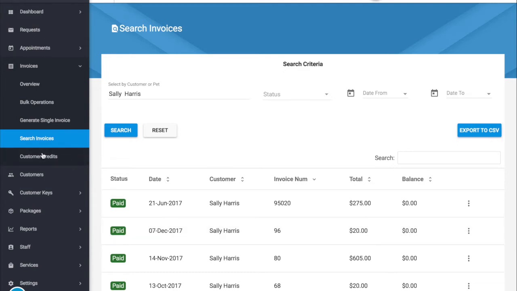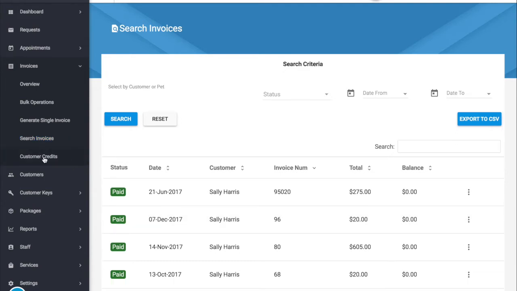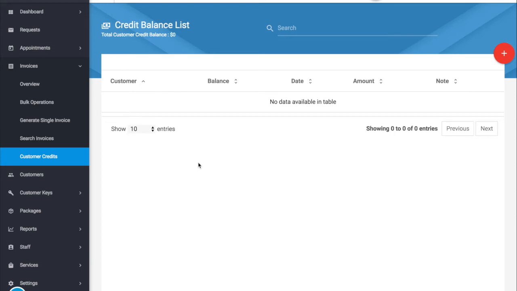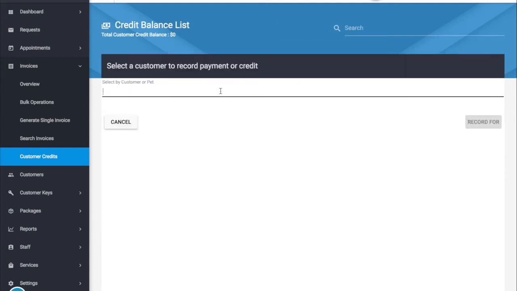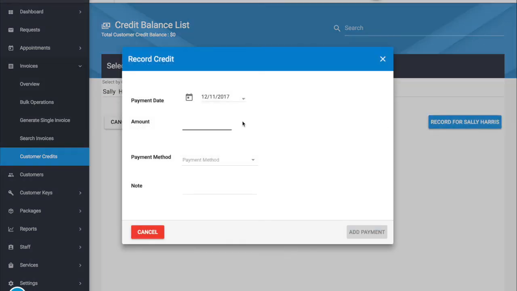All right, and let's cover the final section of customer credits. So customer credits can be added if for any reason, let's say you have a referral discount or the customer made an overpayment, that will show up as credit. And what happens to credit is when an invoice is created, it is automatically applied to the invoice. So let's say I want to add a referral discount for Sally. Go over here, add the amount,